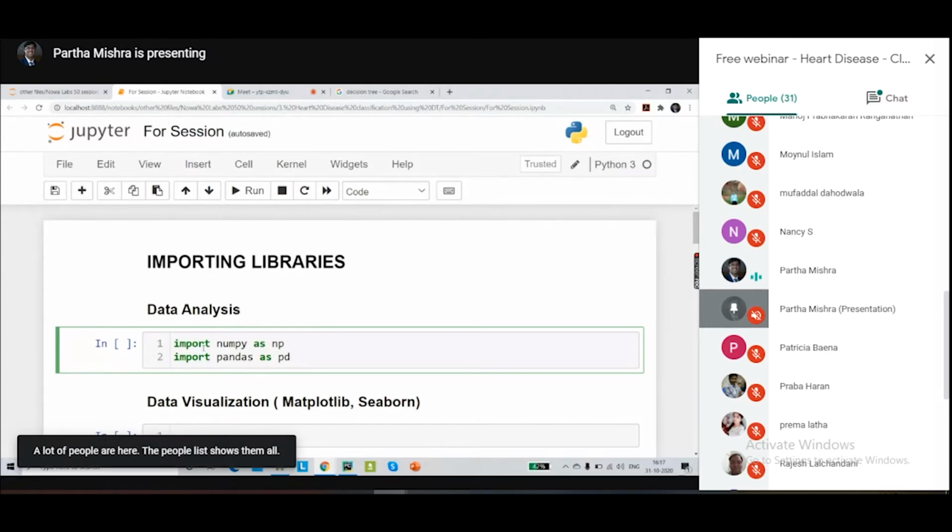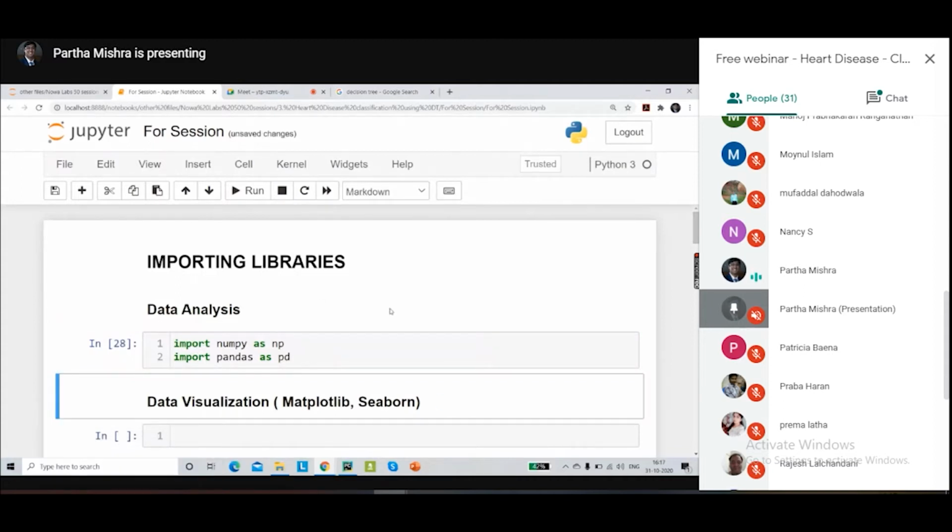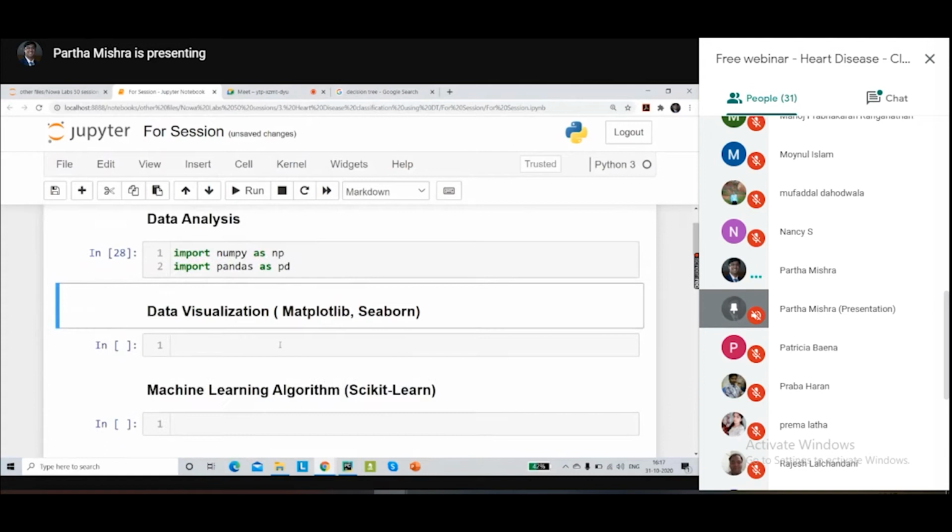Now we have imported these two, so let's run it in our file. The next thing is we need libraries for visualizing the data. For data visualization, we're going to take the help of Matplotlib and Seaborn.